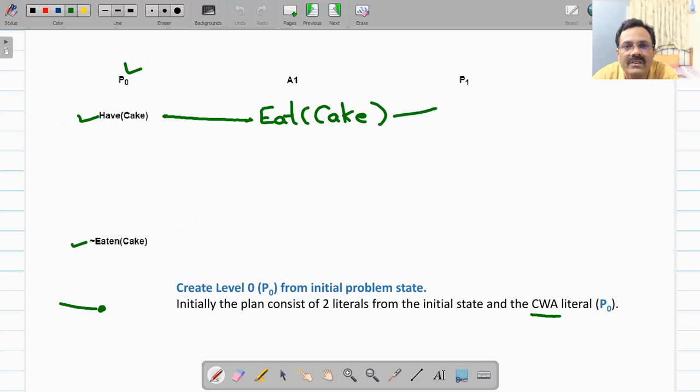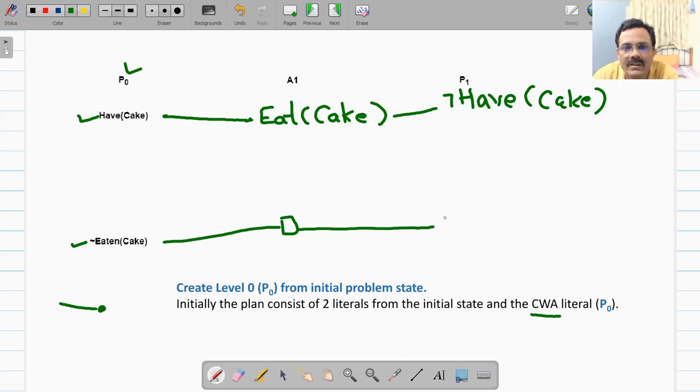Here you can have not have cake, and this not eaten cake is already there. So here you will be introducing a persistent link. This you will be carrying as it is, not eaten cake. This preposition not eaten cake will be carried. This is called maintenance link or persistent link.